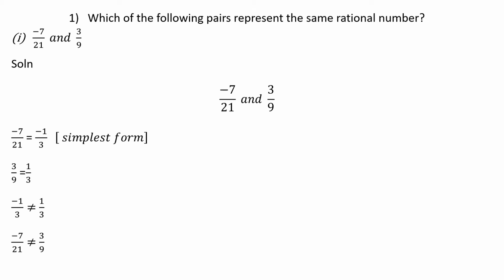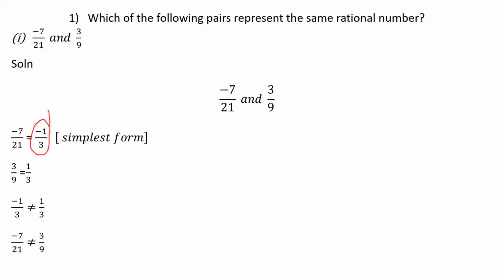Here, the first question. Before that, what is the standard form or simplest form, children? Another name for it is the simplest form or lowest form. We have to cancel it and write, right? The common factor should be 1. So here, minus 7 by 21, we can cancel using the 7 table, right? 1 seven is 7, 2 sevens are 14, 3 sevens are 21. Look here, we are cancelling this and writing this. So this is the simplest form.